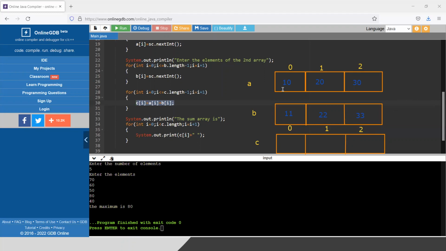So I am doing A0 plus B0, meaning 10 plus 11, and it becomes 21. I will store 21 in the C array, at the C0 position. Then A1 and B1 means 20 plus 22, in the C1 position I will put 42. And in position 2, A2 plus B2 means 30 plus 33, which is 63. So if I execute the program now,